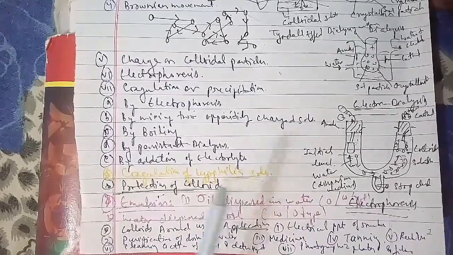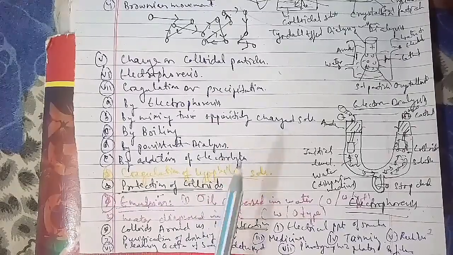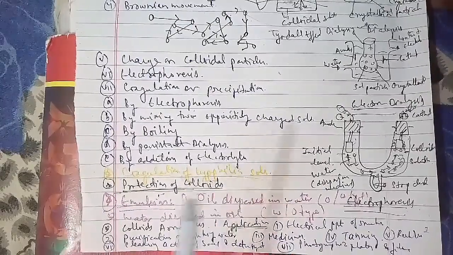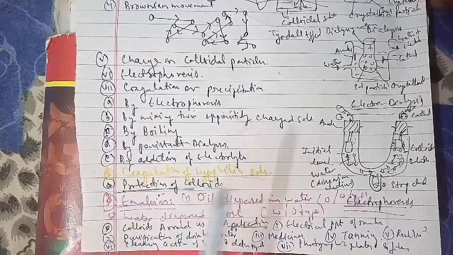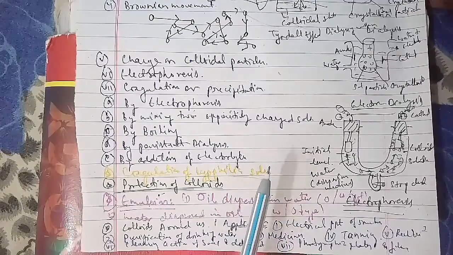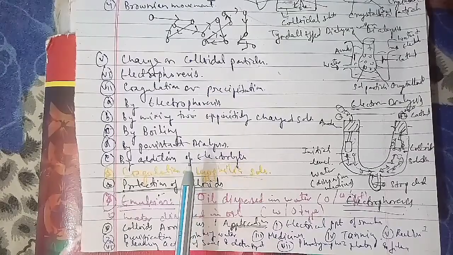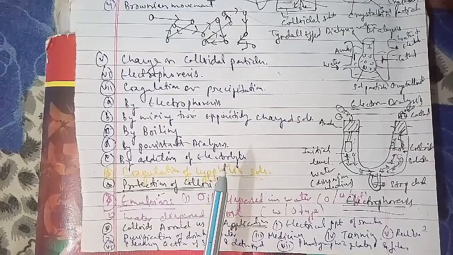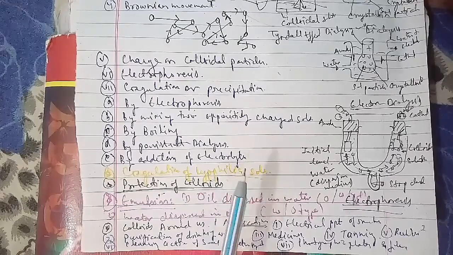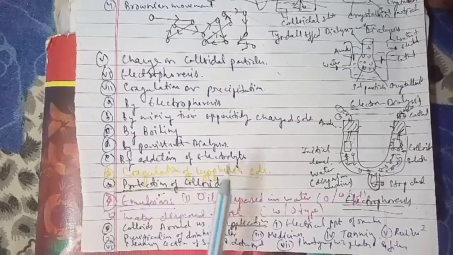Unit 4, which we have covered, is chemical kinetics, where we completed the rate of chemical reaction, factors influencing the rate of reaction, integrated rate equation, pseudo first order reaction, temperature dependence of the rate of reaction, and collision theory of chemical reactions. Unit 5 is surface chemistry, where we have to cover adsorption, catalysis, colloids, classification of colloids, emulsion, and colloids anomalous. Unit 6, we will start in the next coming class, which is general principles and processes of